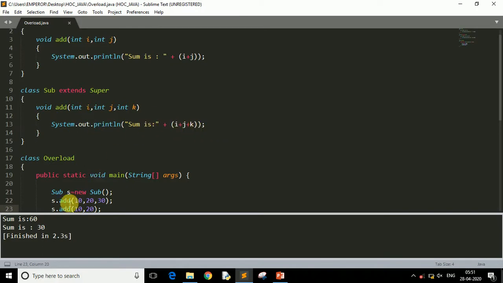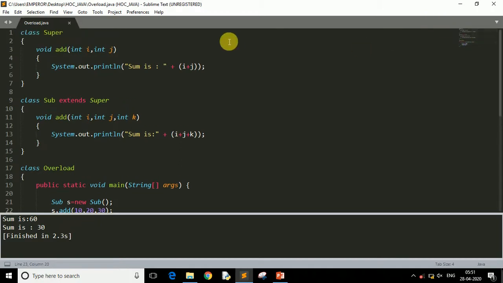And then we have called the add method which has two arguments, and this two-argument method is this method. This superclass method has the two arguments, so this method will be called the second time and it will perform the addition of two numbers. So as you can see, we can use multiple methods with the same name but the arguments must be different. Now we can perform the same thing in a single class also.